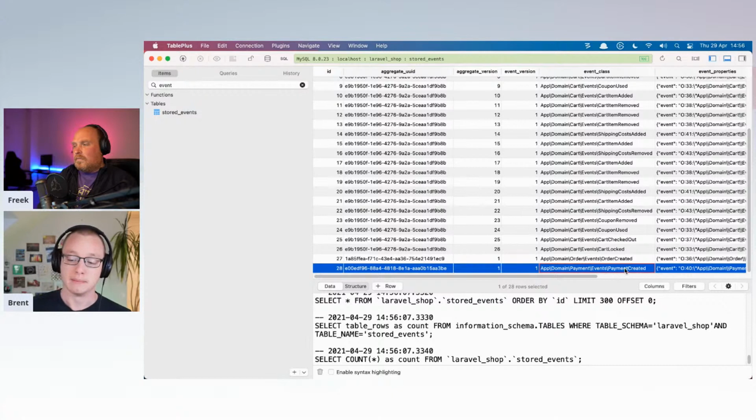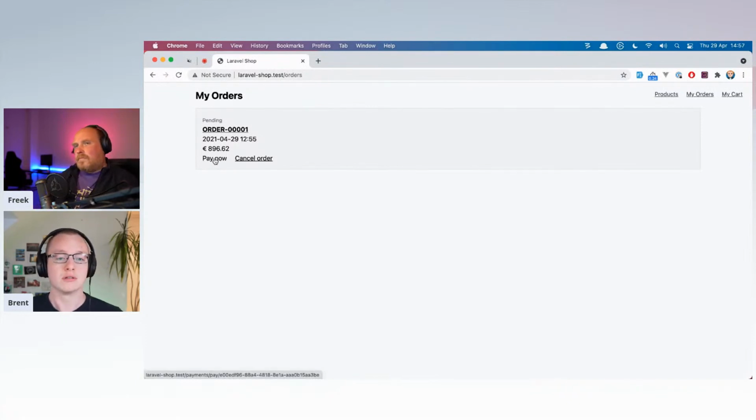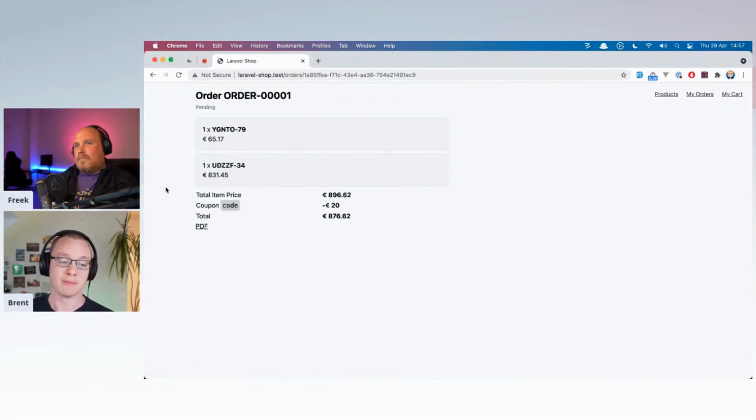So as soon as the payment is marked as paid, a few things happen behind the scenes. The order will change status from created to completed, I believe, and the cart will be marked as paid as well. So let's just do that right now. Imagine the Pay Now button would go to some kind of payment provider to actually make a payment, but it will just happen automatically.